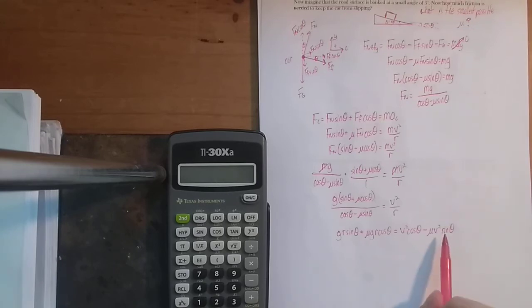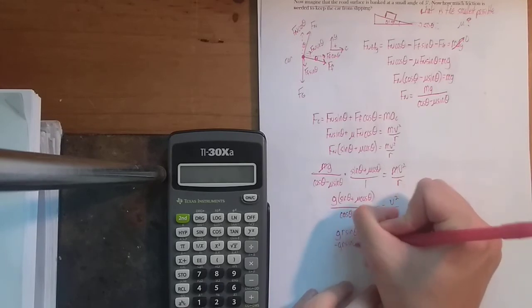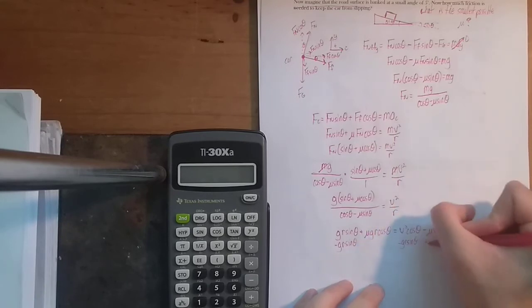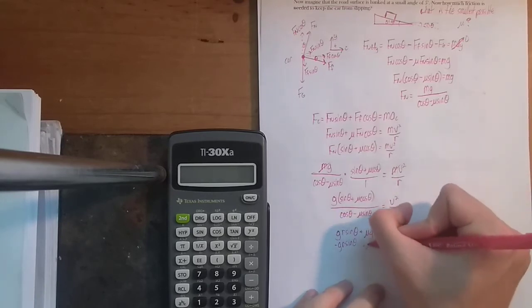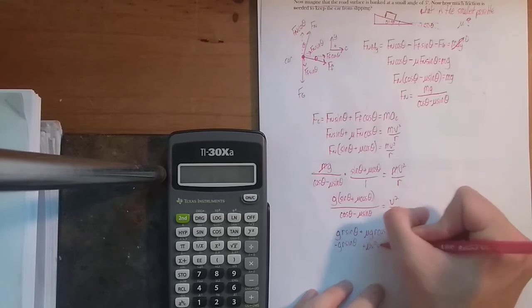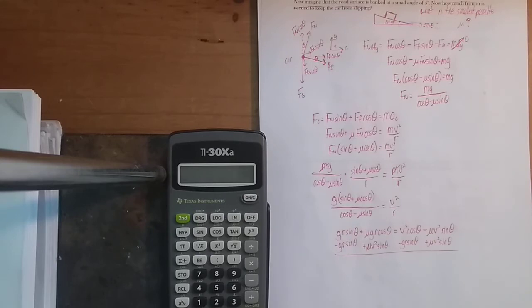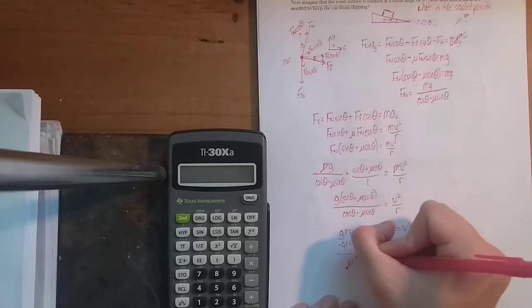So that means adding this term to the left side, getting this term over to the right. So that's gr sine theta minus gr sine theta plus mu v squared sine theta plus mu v squared sine theta. I'm actually going to pull the mu out on this side already, so it's going to be mu